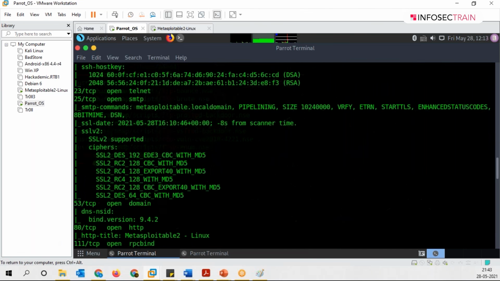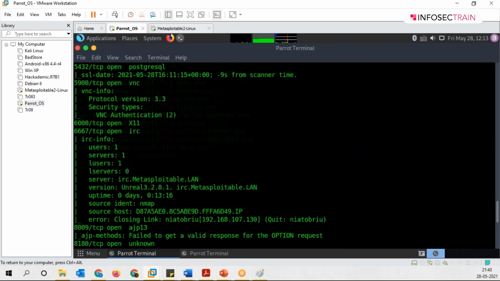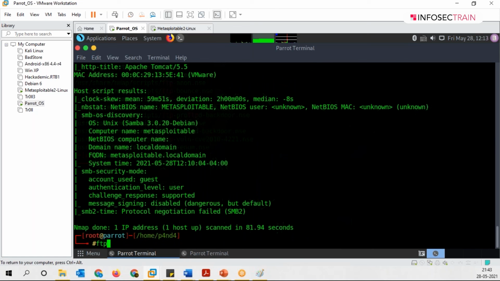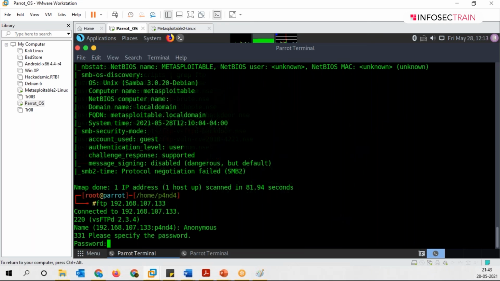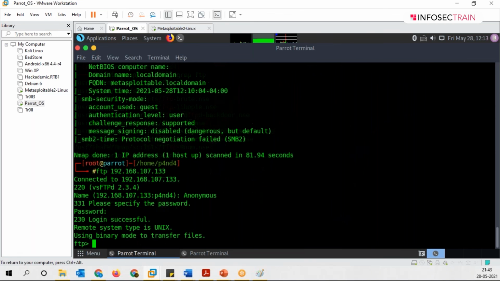Moreover, if you can see, it says for FTP, anonymous FTP login allowed, which means you can enter with the name anonymous and a password as well. So I will just write ftp and the IP of the Metasploitable machine. If I hit enter now, it says name. I will just write anonymous. It asks for a password. I can type it empty, or I can just write anonymous again. It won't show you though. But now, can you see it says FTP here, and it says login successful. Clear till this point? Great.